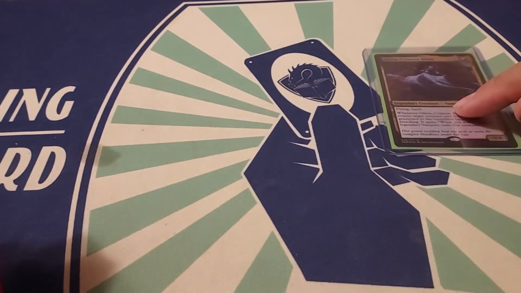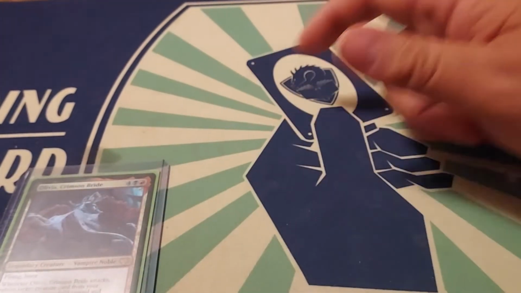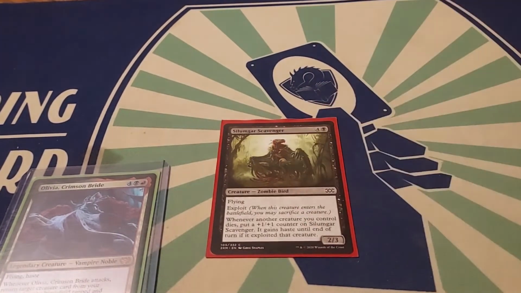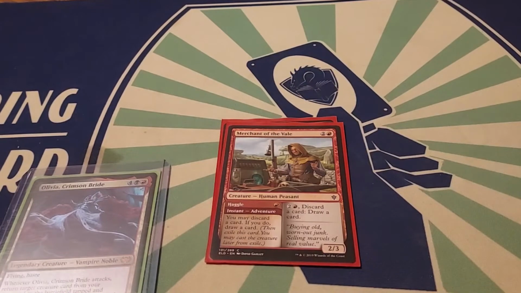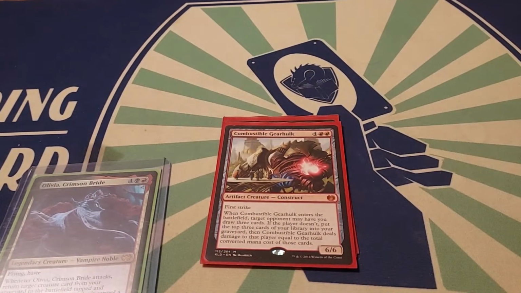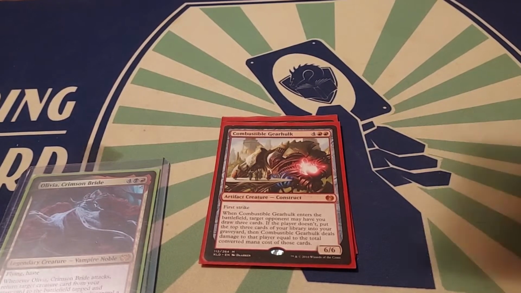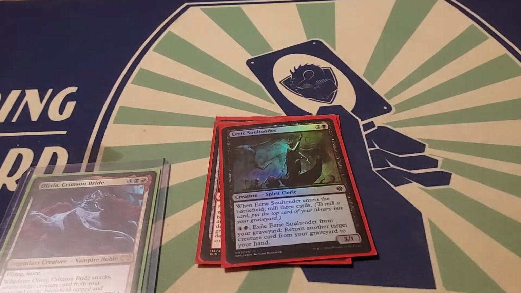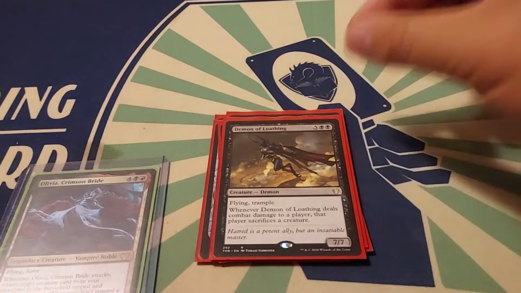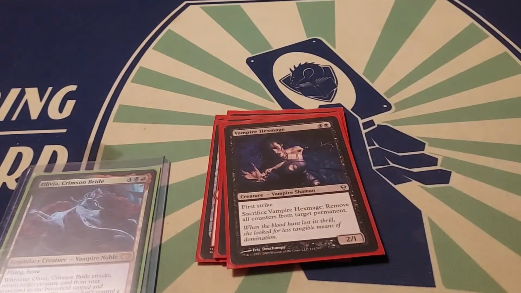So jumping into this, we're going to start with the creatures. Let's stick Olivia somewhere like that. Alright, so Silumgar Scavenger, Merchant of the Vale, Combustible Gearhulk. Definitely one of those cards, if you end up discarding it, your opponent's like, wait, what? And then it comes out. Eerie Soultender to help get stuff into our graveyard, Sangromancer, Demon of Loathing, Vampire Hexmage,